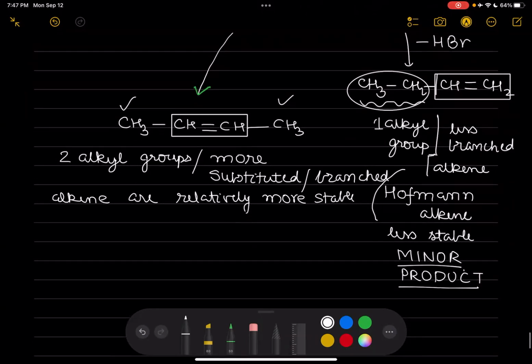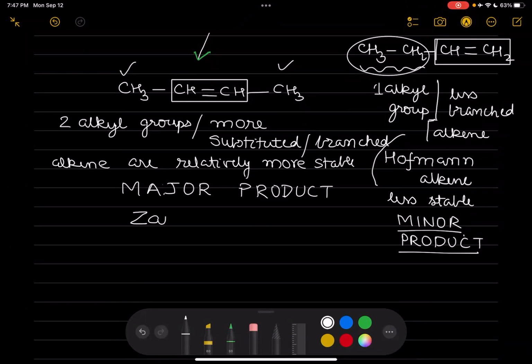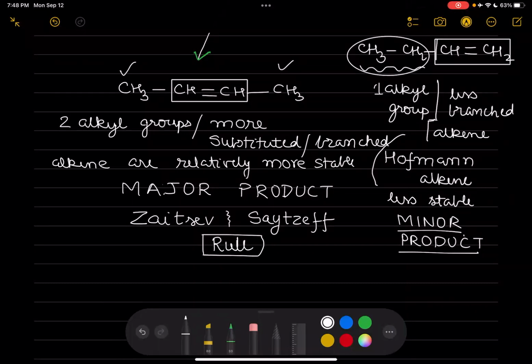And so these are the major products. Major product means this is the main alkene which is formed in the elimination reaction. And this is known as Zaitsev. Or it is a Russian name, so it is also pronounced as Saytzeff. Rule, or alkene, it is one and the same. The alkene which is formed by following the Saytzeff rule